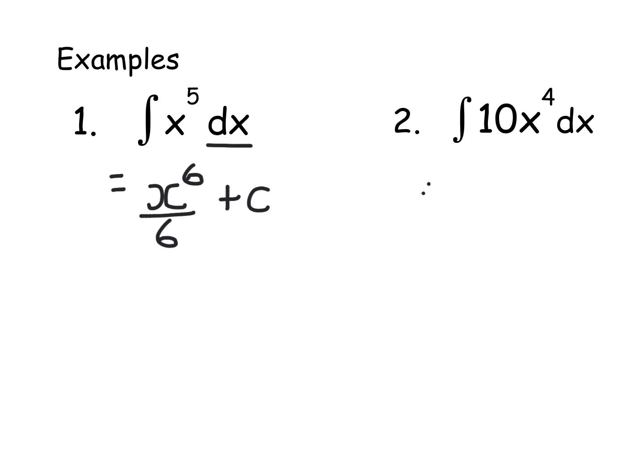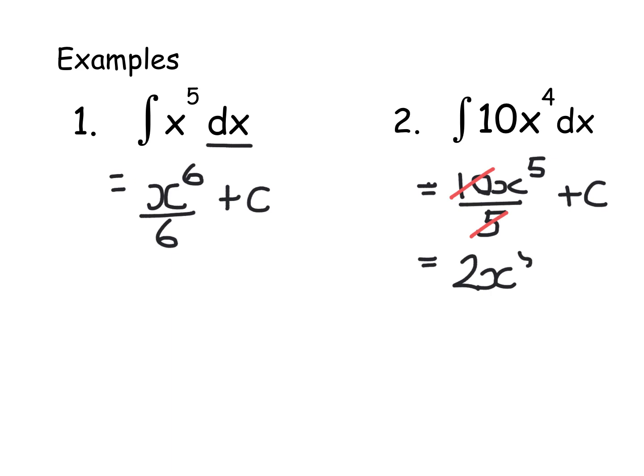So we're integrating. We write down the 10x. We're going to raise that power by 1, so this will become the power of 5. Then we divide by that new power. Don't forget your plus c. Then we notice that 10 and 5 can cancel. They are both in the 5 times table, which will leave you with just 10 over 5 is 2. So 2x to the power of 5